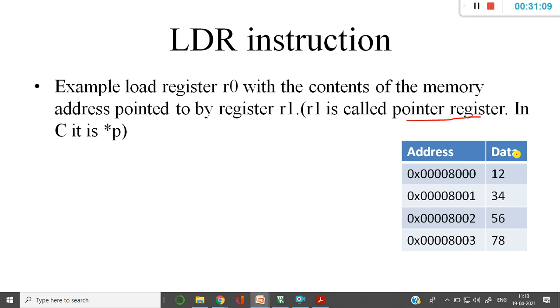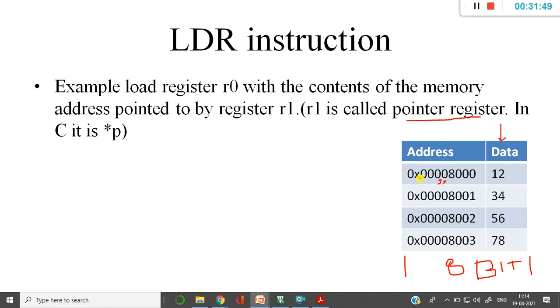Now assume that this is a memory. I told you memory is always widthwise, and in one of the classes I told you it stores only 8 bits of data. The address is 32 bit, but the data that we try to store is always 8 bit data.